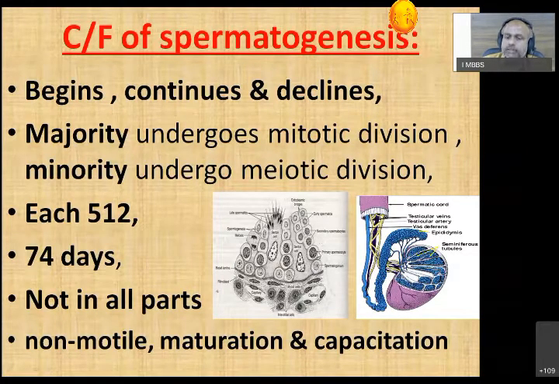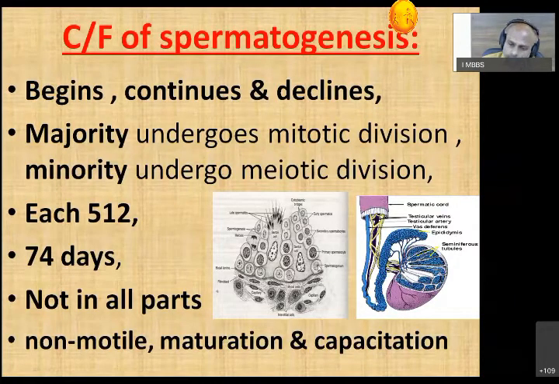That is the first stage of spermatogenesis. A lot of basal spermatogonia, basic or primitive germ cells, are present in the basal lamina till the end of life. They never end. A minority, that is one cell out of these 32 or 64, undergoes differentiation, and the other 31 are again kept in the reserve pool. The division goes on, and the reserve pool is always kept for further spermatogenesis by mitotic division.